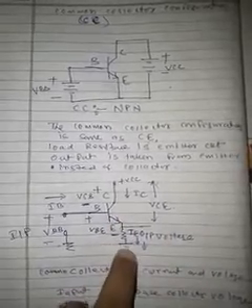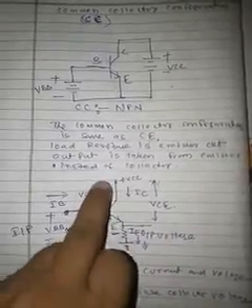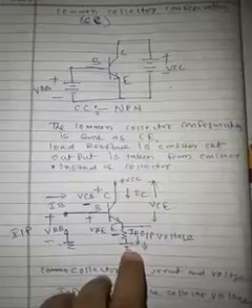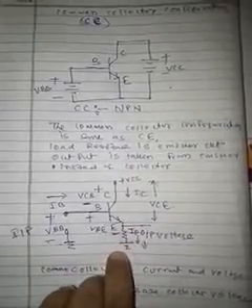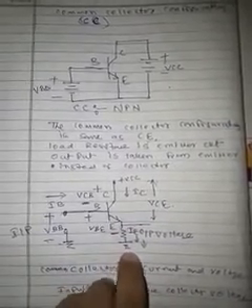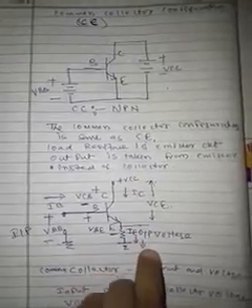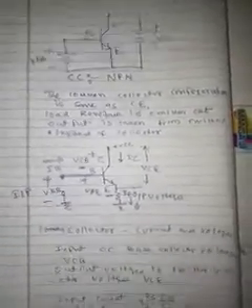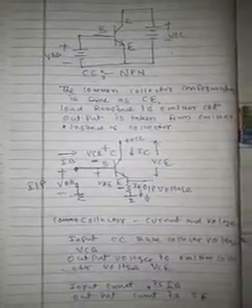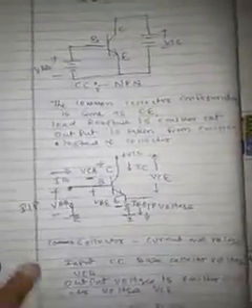Here you can see, this is the important part. Here we are connecting the resistance instead of connecting to the collector. We are taking the output from this resistor in the common collector. So please remember, this is the emitter current IE and this is the output voltage. This is the input and this is the output voltage. So that is the change between the common collector and the common emitter configuration.